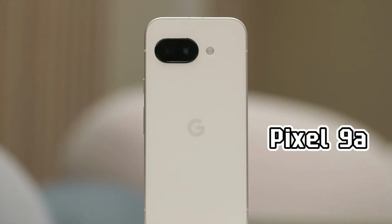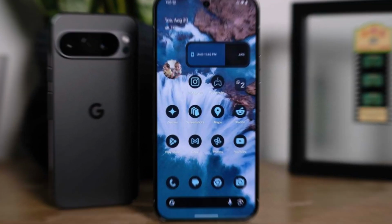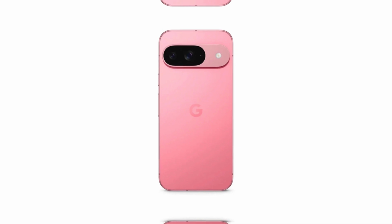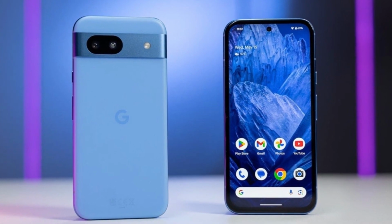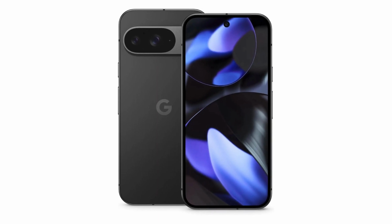The Pixel 9a was supposed to be available for pre-order by now, but an unexpected issue has pushed back its release. Google introduced the phone on March 19th, and under normal conditions, pre-orders would have started the same day. However, the company has delayed the launch to April, stating that a component quality issue has affected a small number of units. While Google hasn't officially revealed the exact problem, new leaks suggest that overheating could be the reason for